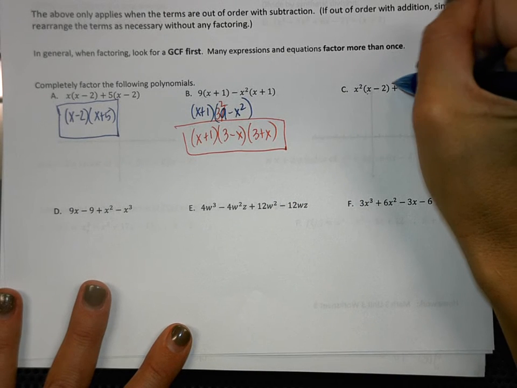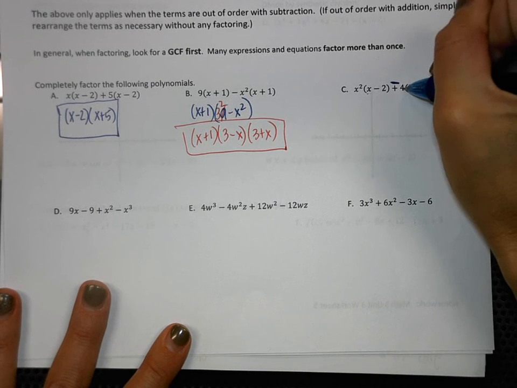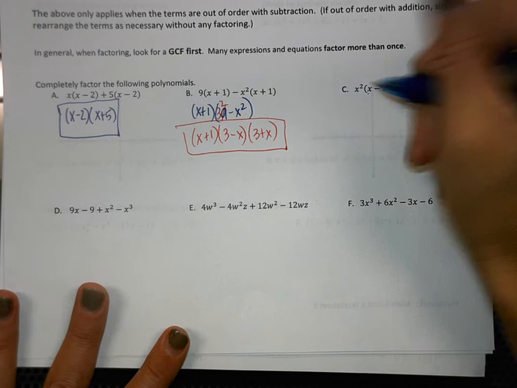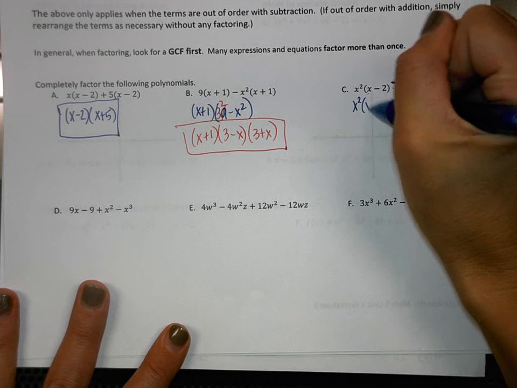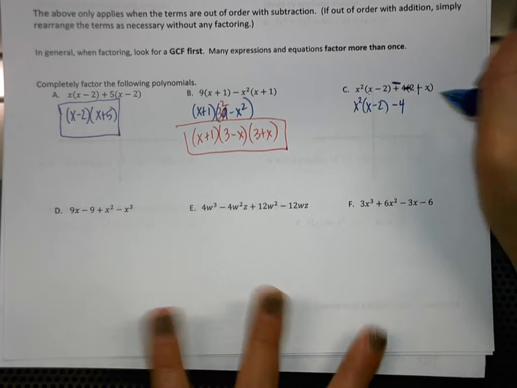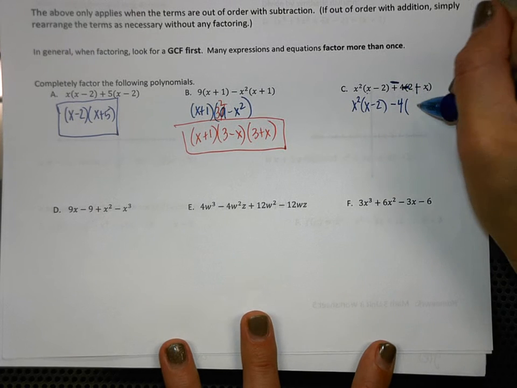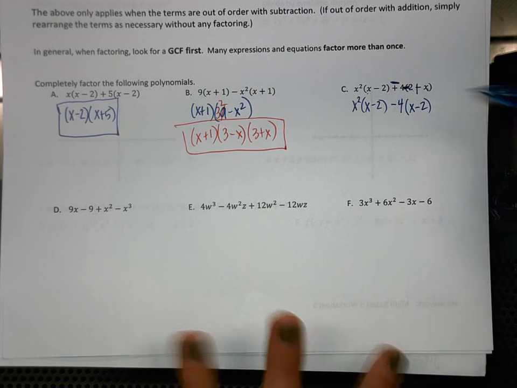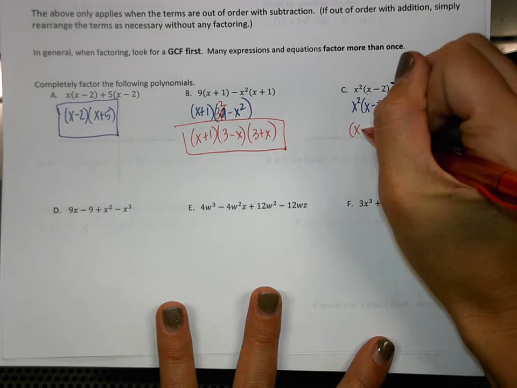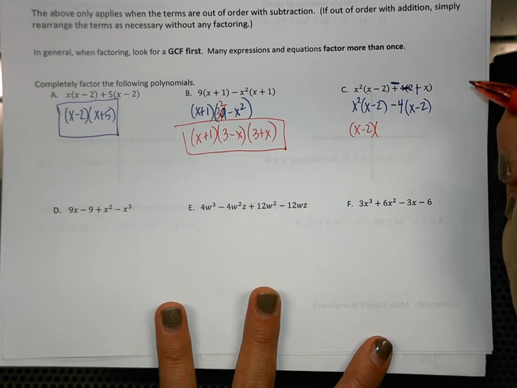And so I'm going to put a negative here, and then the 2 will become a negative, and the x will become a positive. And my suggestion is to go ahead and rewrite it so that it is in the correct order, and so this ends up becoming a minus 4, and then when I rewrite this, I'm going to write this as x minus 2. Since the 2 is now negative, I can flip it around in the parenthesis. So now my like term, or my GCF, is x minus 2, so we factor out x minus 2, and we're left with,